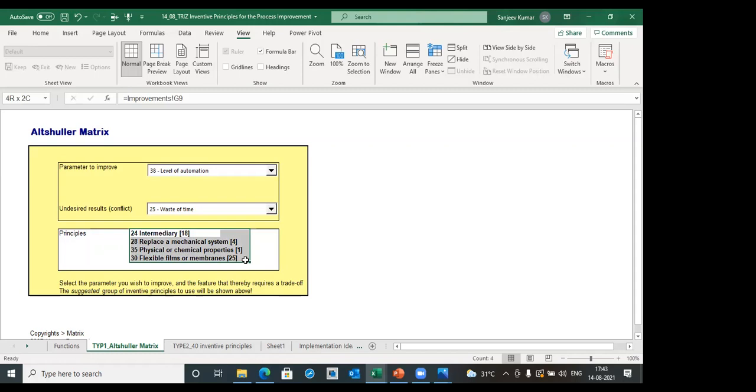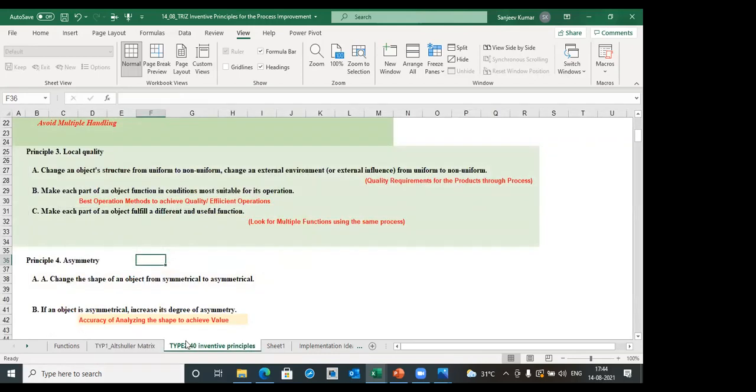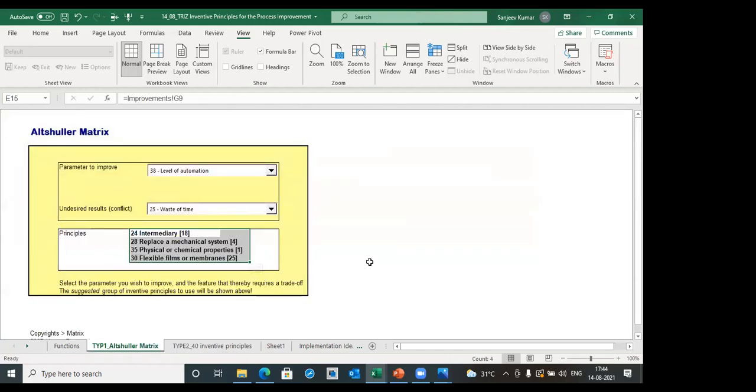If in case you're not getting any ideas out of these 4 principles, or if you're not understanding any of these things relevant to the process, or if you're not able to correlate the principles relevant to your process, what you can do is you can eliminate this, no problem, and you consider all these 40 individually. Okay, individually you try with some of the options, so that you will get a lot of ideas as well. Yes, this is very useful. The 40 inventive principles, one by one, will give a number of ideas.